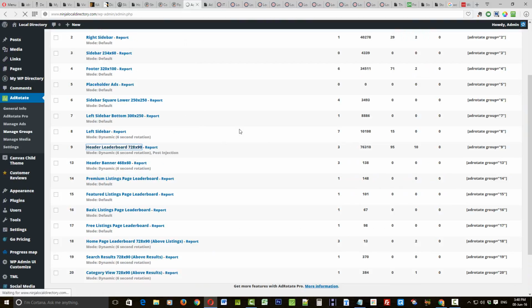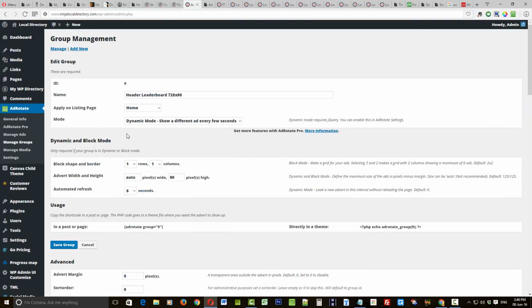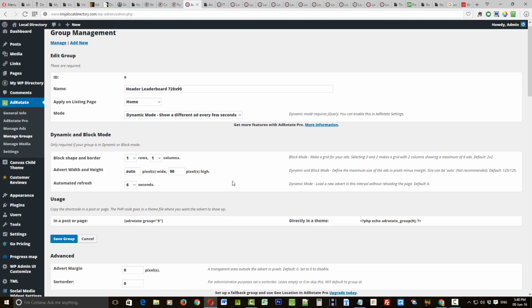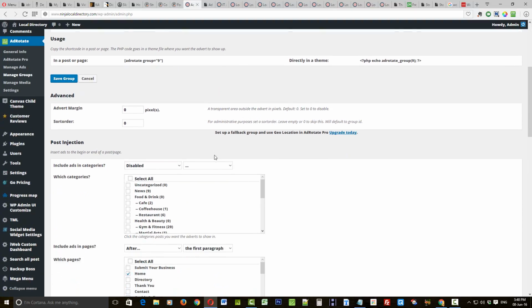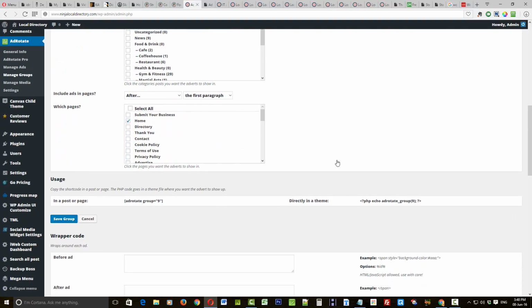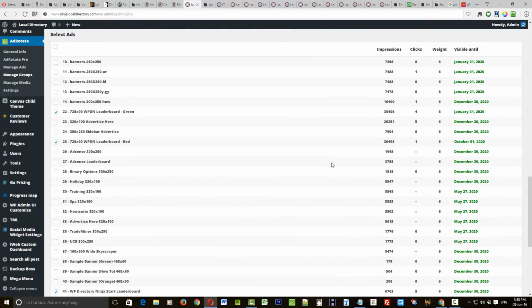The way that particular group has been set up is to display in a dynamic mode. In other words, it shows a different ad every few seconds, so we can add more than one banner ad to that actual group. The sizes are here, we don't need to touch anything there. If we scroll down,